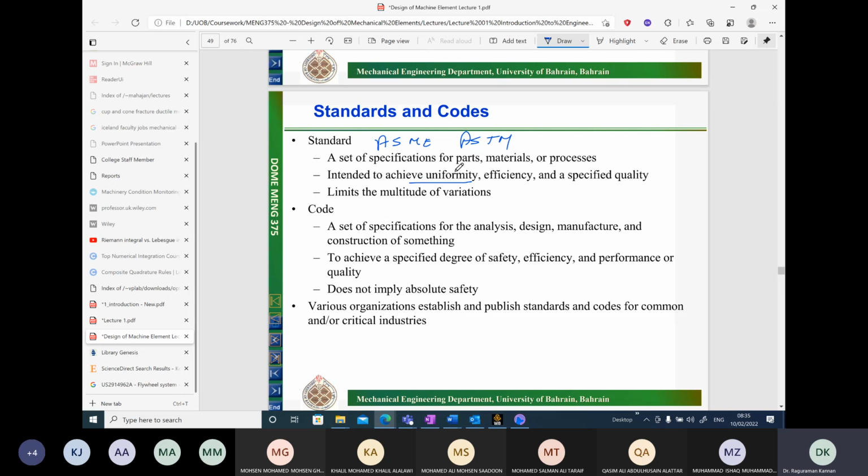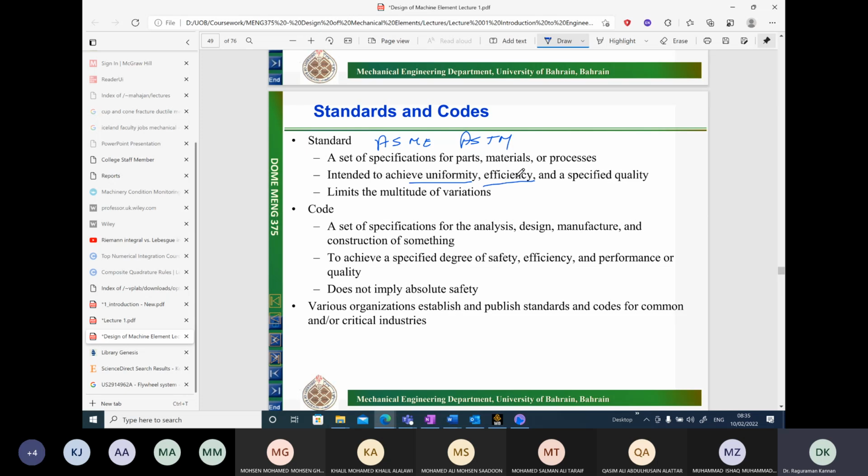So in order to allow the manufacturers to obtain materials from different places, there should be standards associated with it, and there will be standard sizes of bolts, etc., which they can obtain from these standards, and just the mention of the standards will give them all the details to the other manufacturer, and they can produce the product and give it to them. So this is for uniformity, for efficiency in terms of cost,